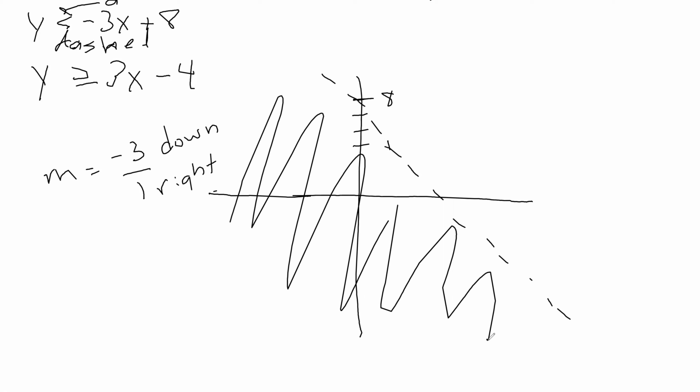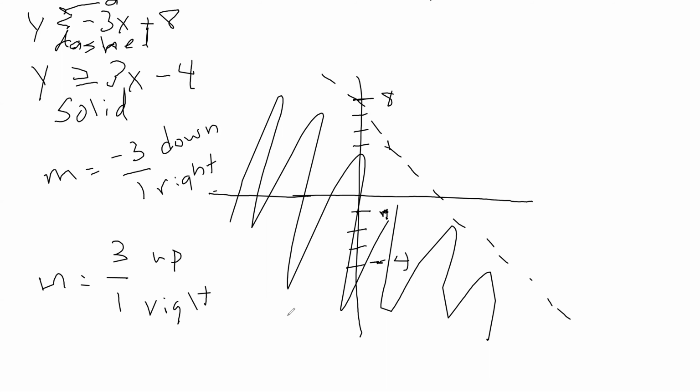Then I'm going to do my next one. My next one has a y-intercept of -4. 1, 2, 3, 4. We'll say that's where -4 is. My slope is 3. Since my slope is a +3, I'm going to go up and to the right. So up 1, 2, 3 and over 1, somewhere in there. My line is going to be solid on this one. So I'm going to have my solid line that went through -4 and went through that point right there. My line is solid. I am doing greater than,